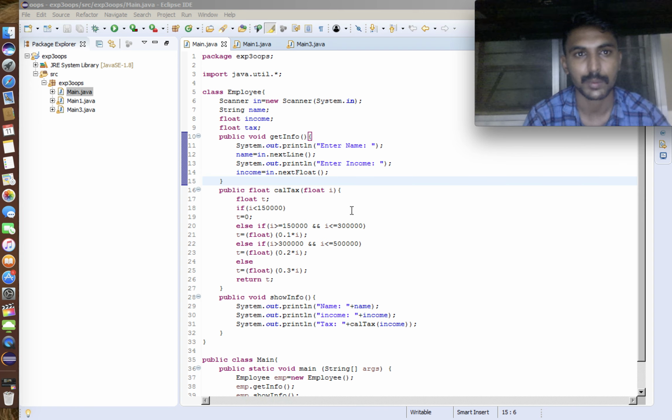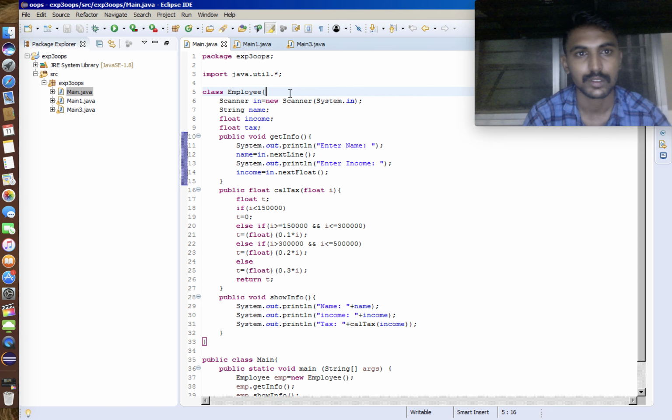This is the third experiment in OOPS, and from here all the experiments are in Java. In that, the first sub-experiment is to calculate the tax of the employee based on the income. So now, import java.util.*. It imports all the packages, which are the classes here, and now I'm defining the